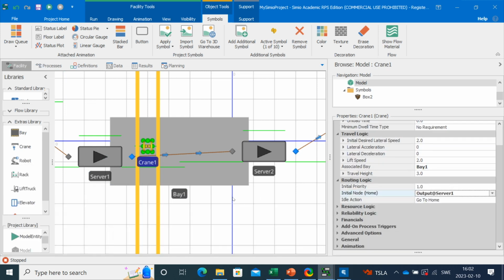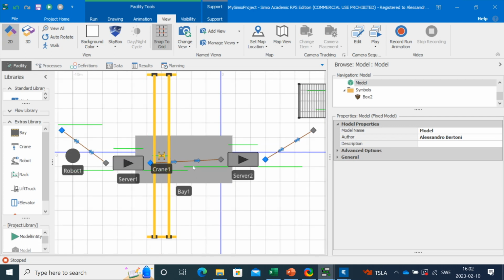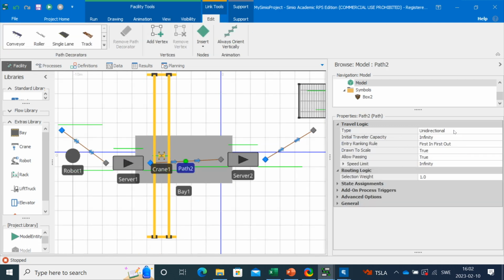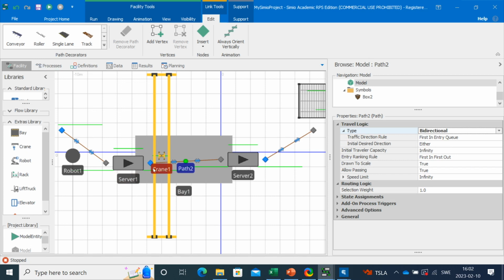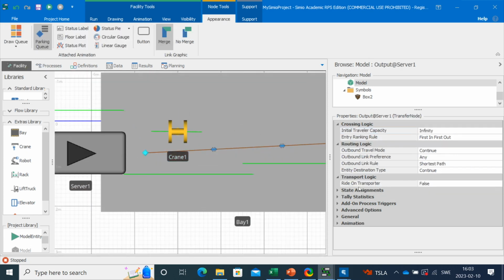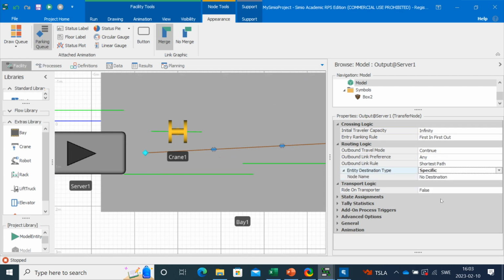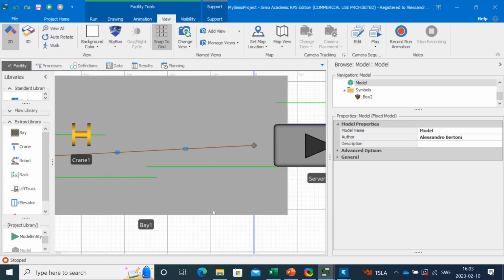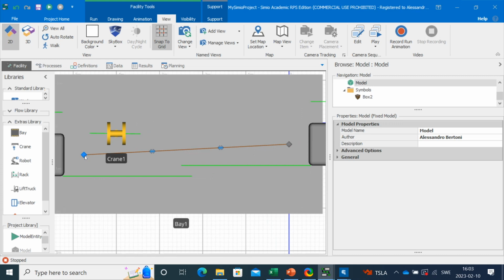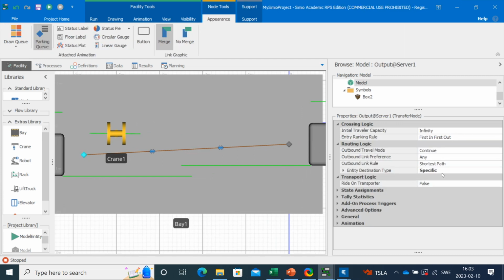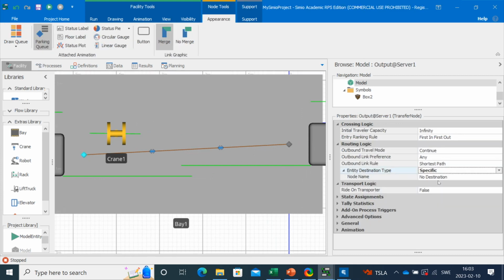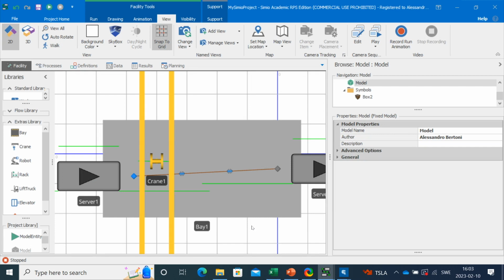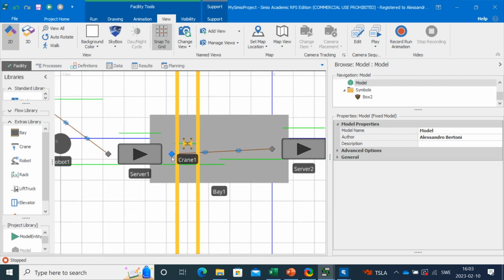So the crane is pretty large, it's pretty big, and it has different properties. So first of all, to make it work well, we make the path bidirectional. Also, we have to do something else. We need to select the destination type to be specific, specifically the input node of server 2. Otherwise, this is not going to work properly. So this is different. It's not continue destination type, but a very specific one. The crane just